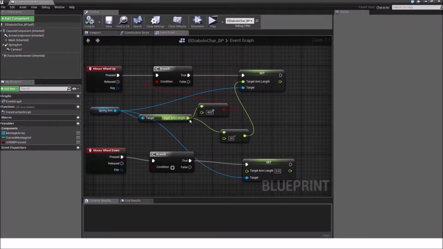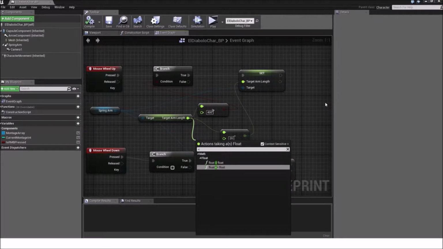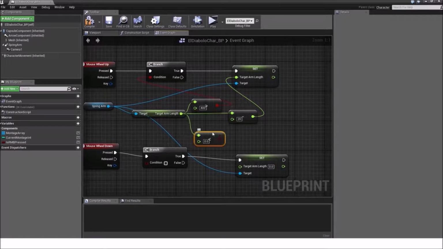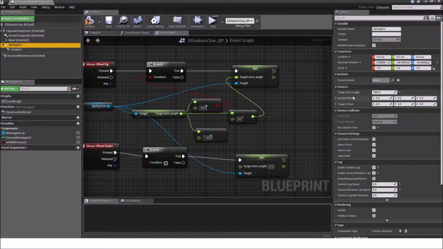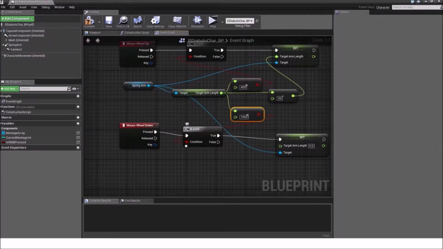Now we will drag out from the target arm length here, and we will type in is less than float. And we will this time around type in 1000. Because we have our default value on 1000, we don't want to exceed this limit, and this will be our maximum zoom out value. So plug this into the condition node of the branch of the mouse wheel down